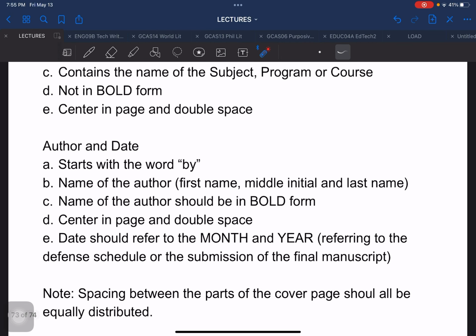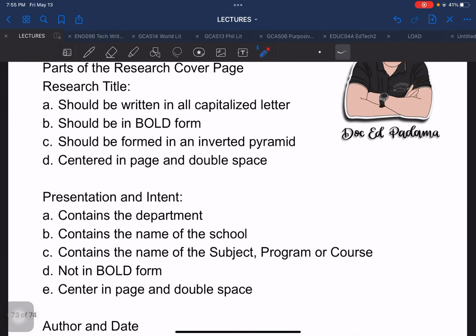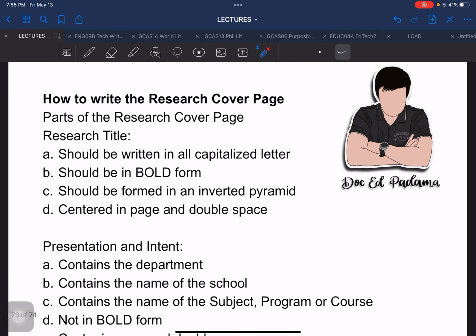The third part contains the author and the date. Again, we are going to comprehensively discuss what specific date and how you should write this information in your cover page. So going back to the first part, which is the research title,